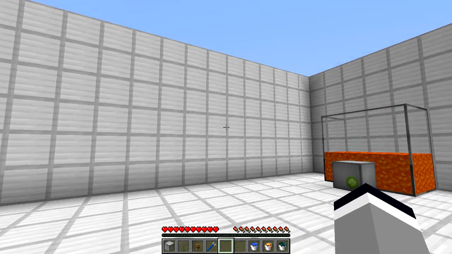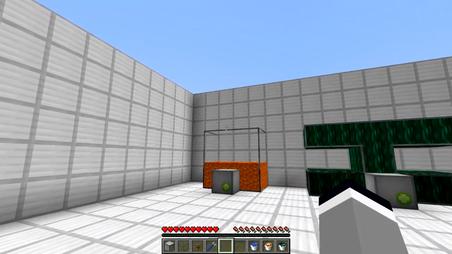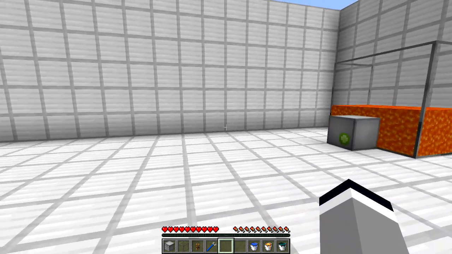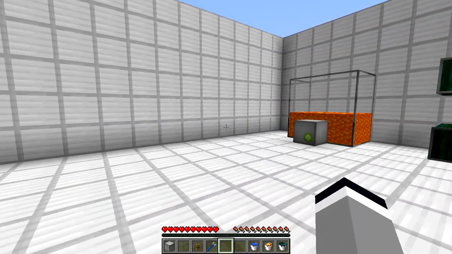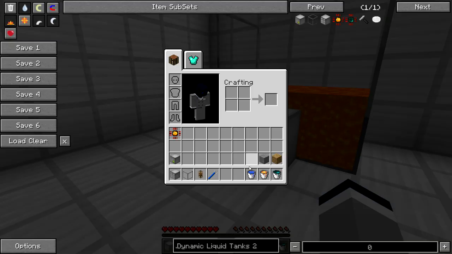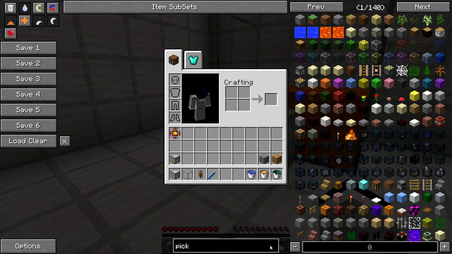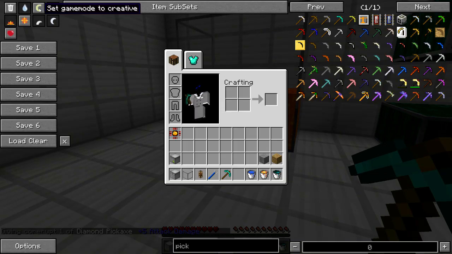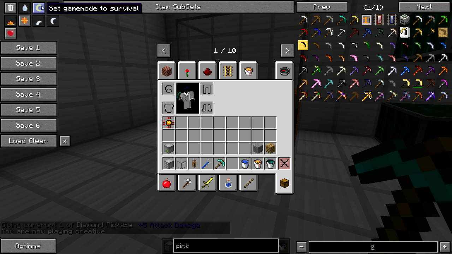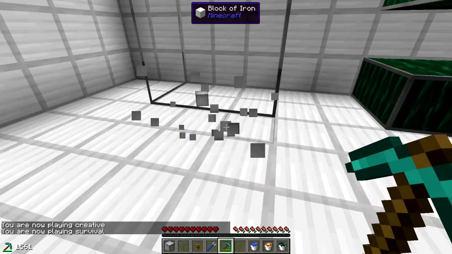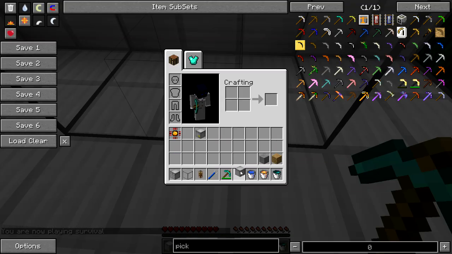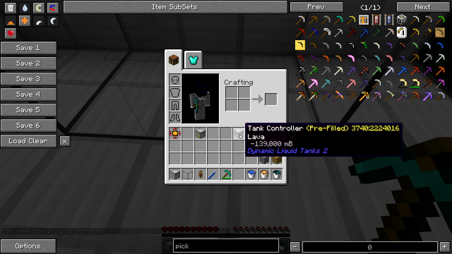So as you can see here, my setup's changed quite a bit. That's because of a feature that this mod offers but is currently bugged. I'll show you the feature now. If we grab a pick, with these tank controllers, the wiki says you can break them, which you can, and the information of the tank is stored in the block. There it is. So we can see there it's stored lava,